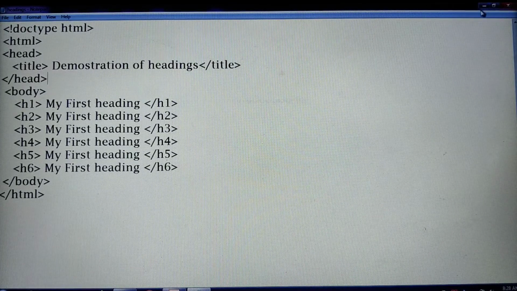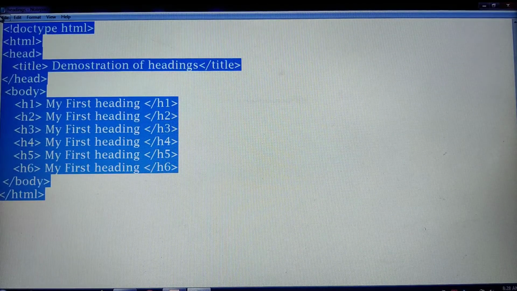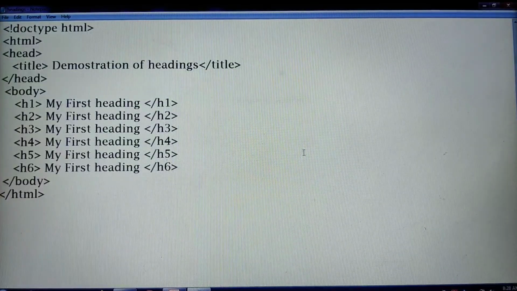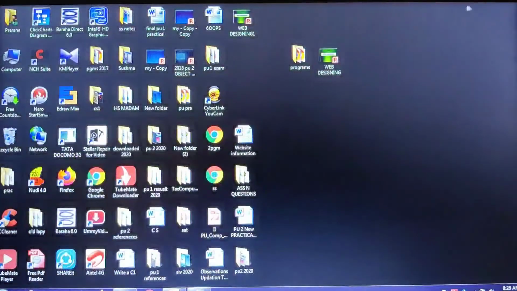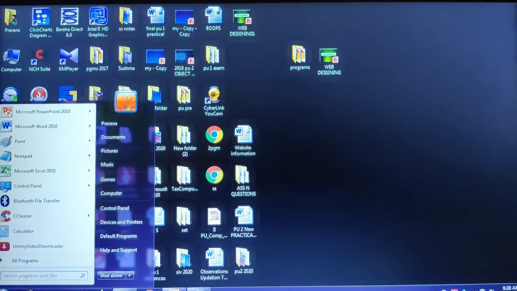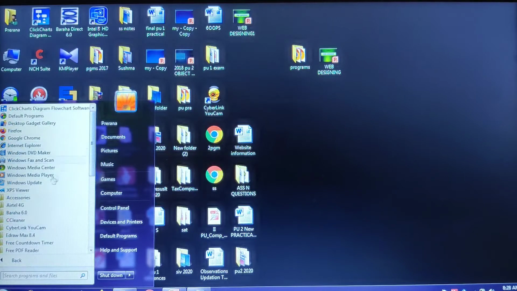So before I execute, how do we need to save our document as .html? I'll just copy this code. Okay, I'll take a new notepad. To open a new notepad, what are the steps? Click on the start here. Alright, click on all programs here and click on the accessories.